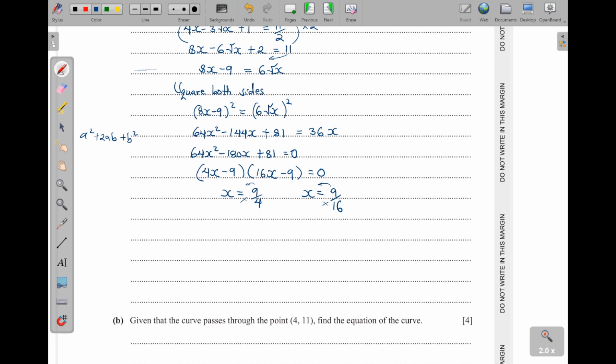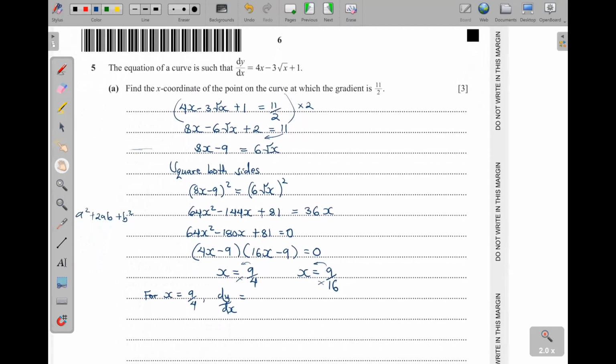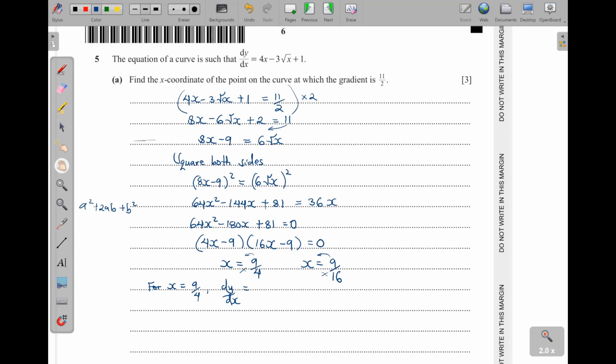We have to check them. So for x is equal to 9 over 4, what is the gradient? Remember, it is our dy/dx. So dy/dx, remember, it was given as 4x. Okay, 4,